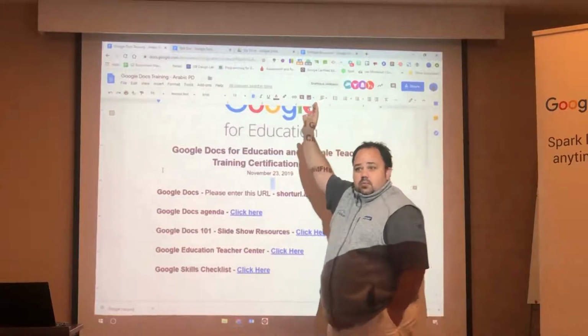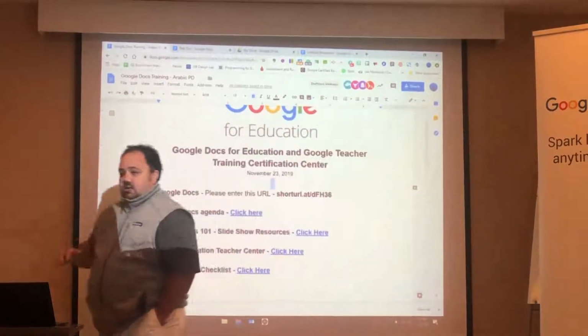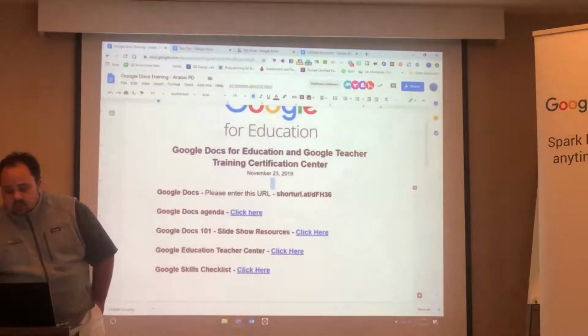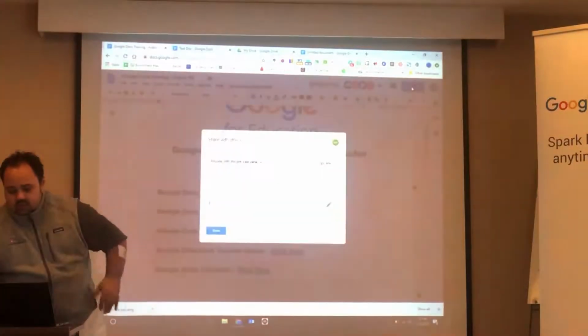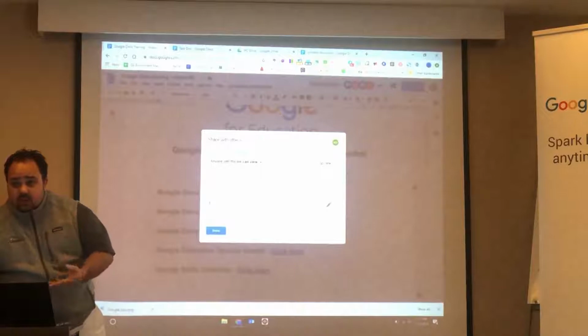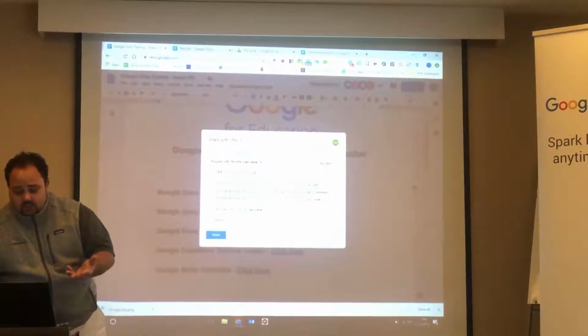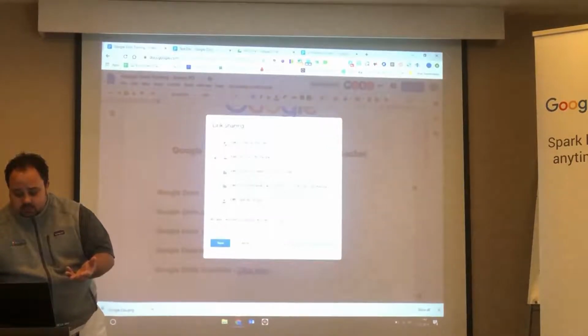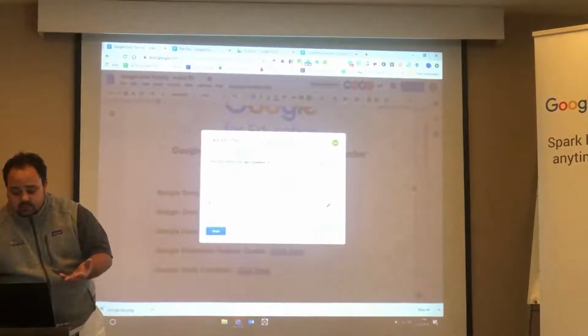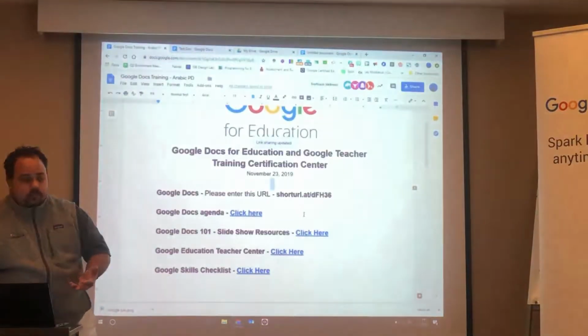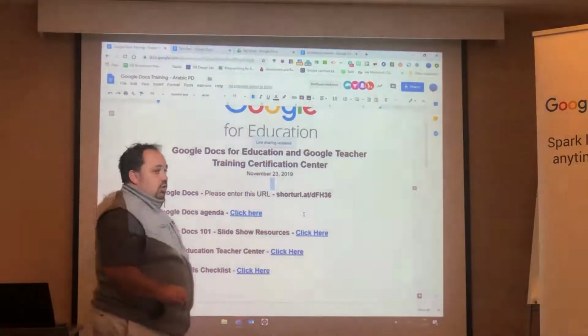Now, I've set the properties for you as view only, but if I press the share button, and as you've been learning the share button today through all of your different applications, if I change the sharing settings right now, and I click more right here, and I go can edit or comment, I'm going to put comment and click save, and then go done. I'm going to ask each of you now to comment.